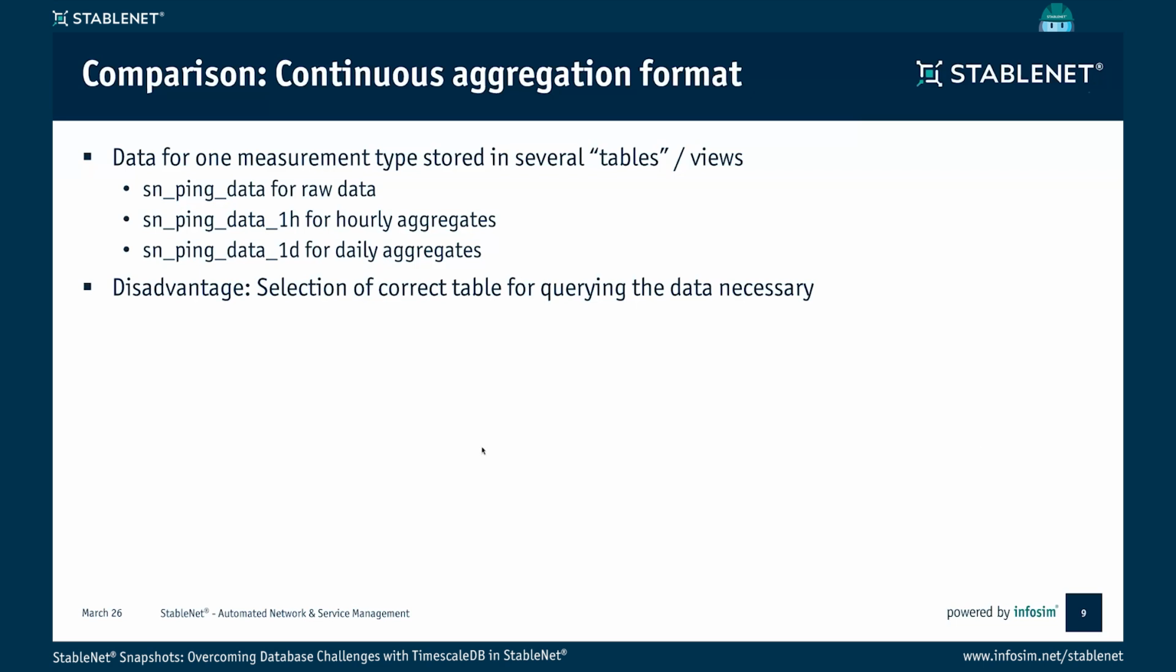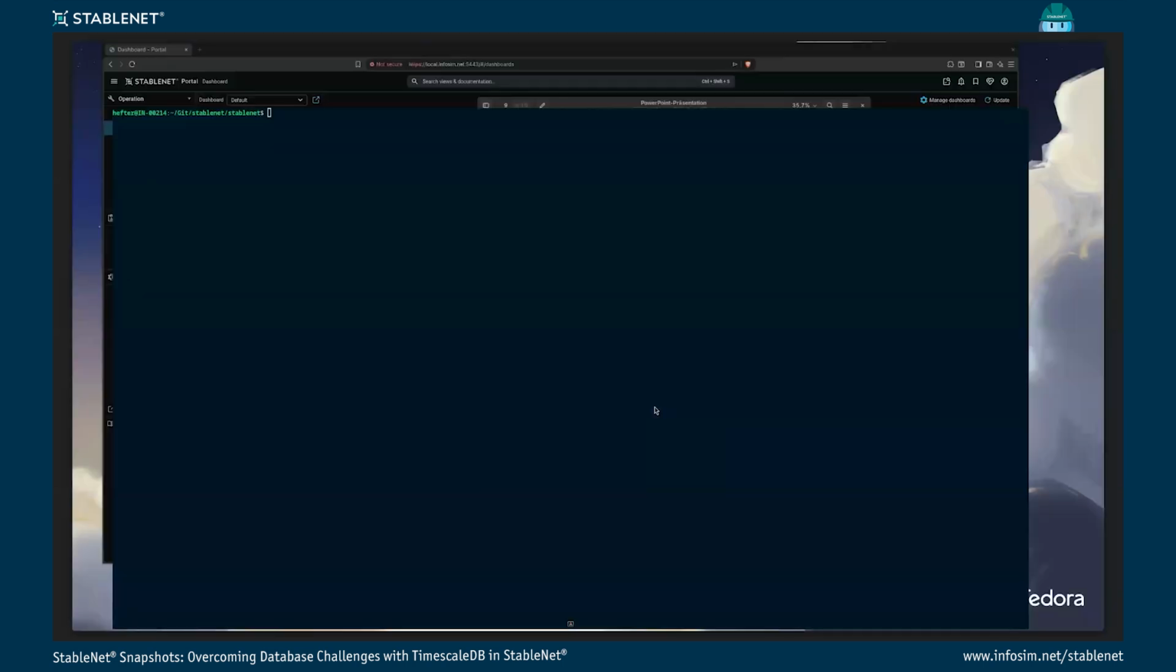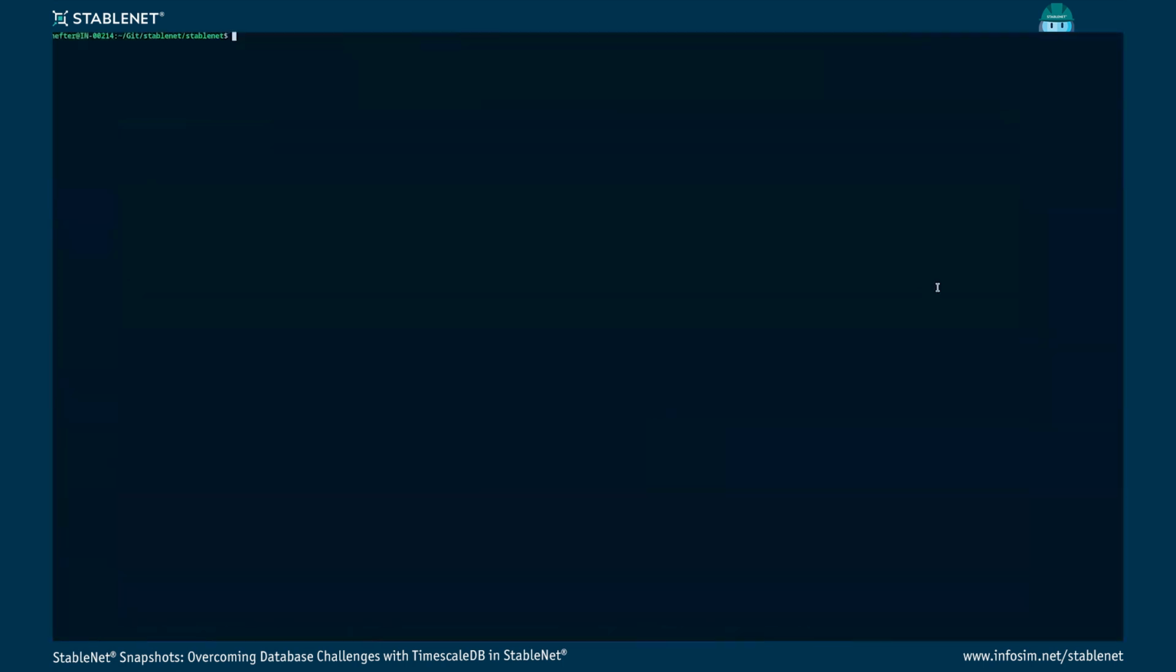Also, old data is dropped automatically by the database, so there is no need for our maintenance job to handle this. And what is really nice is that, especially for the measurement data tables, we save around 90% of disk space when we use the compression features of TimescaleDB. And this is also where I wanted to jump into the live demo, because of the compression,